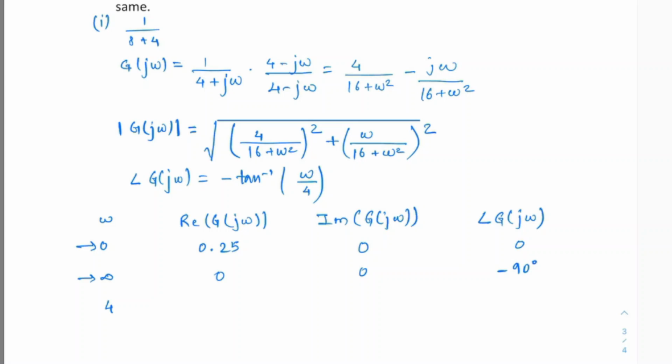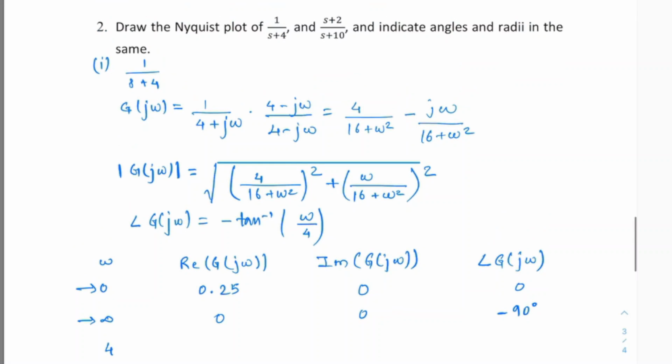so that is where 1 over s plus 4, since the corner frequency here would be 4, right, if we write it in this form, 1 over 4 in bracket, s over 4 is 1. So, and we compare this with some, so now it would be 1 by 4 and omega would be 4. So at this corner frequency of 4,